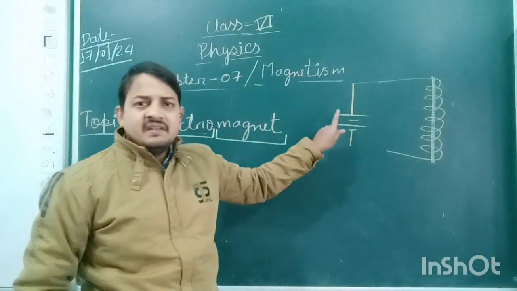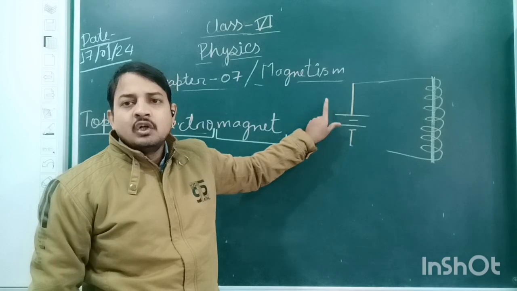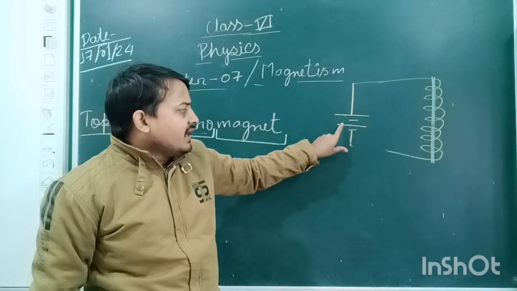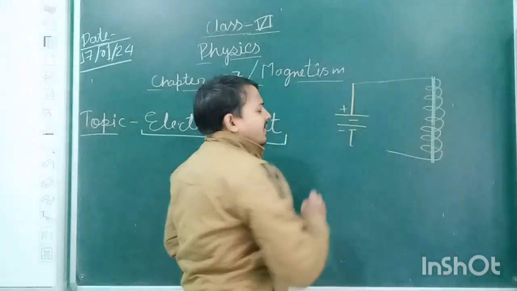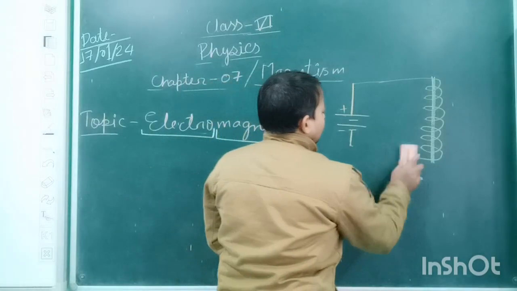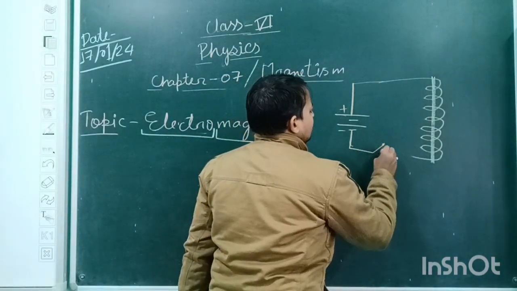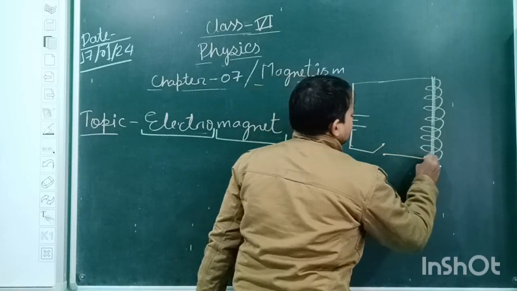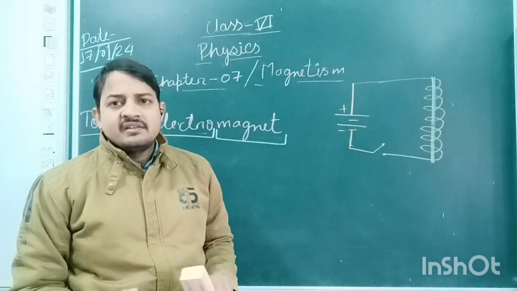If you look at this diagram, it is representing a battery containing two cells, one positive and one negative, one positive and one negative. So this is representing the positive terminal, and this is representing the negative terminal. And the last one is just connected with the help of a switch. Okay, now one more time, just see how it is made.